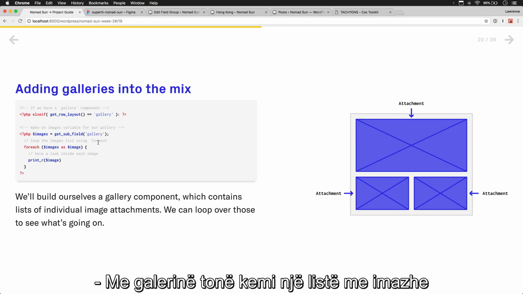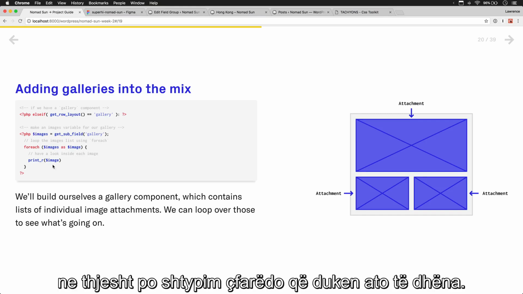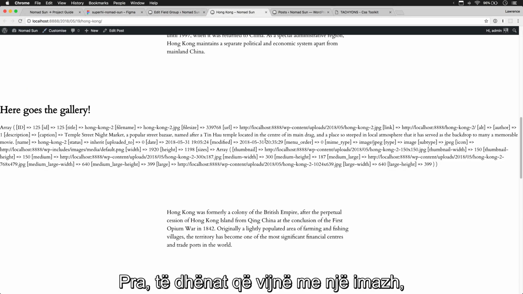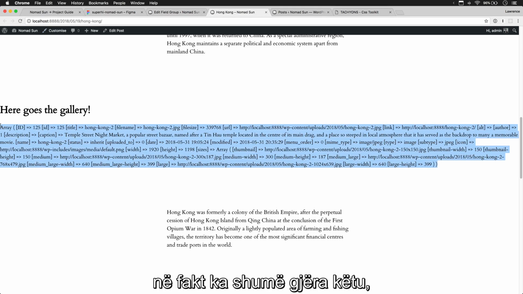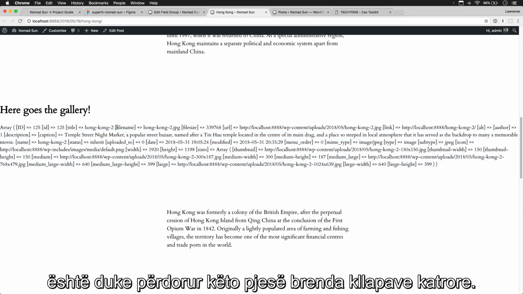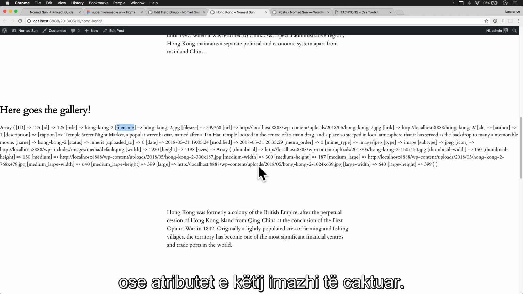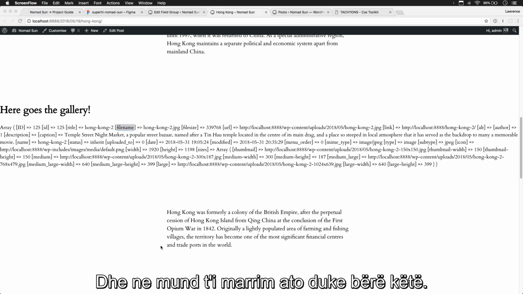With our gallery, we have a list of images that we're looping through, and for each individual one, currently, we're just printing out whatever that data looks like. The data that comes with an image has quite a lot of stuff here. And the way that we can look at individual pieces is by using these bits inside the square brackets. These are what are called the keys or the attributes of this certain image, and we can get them